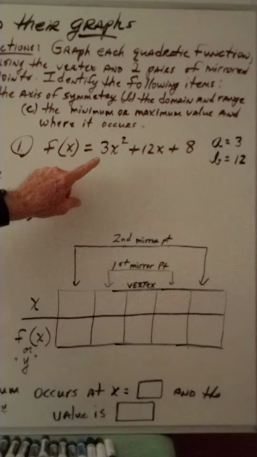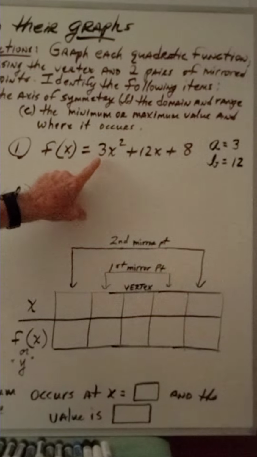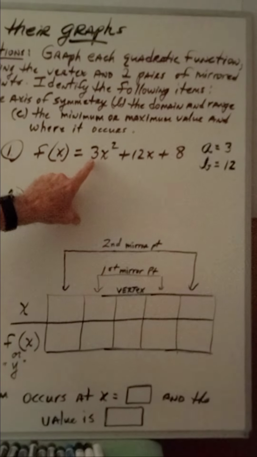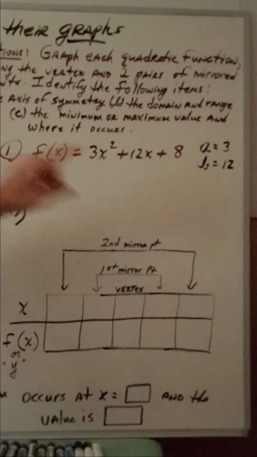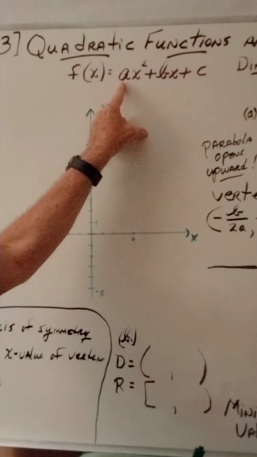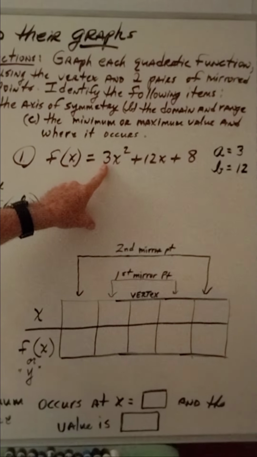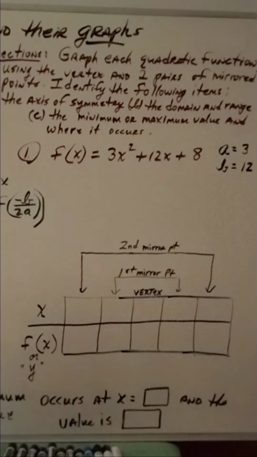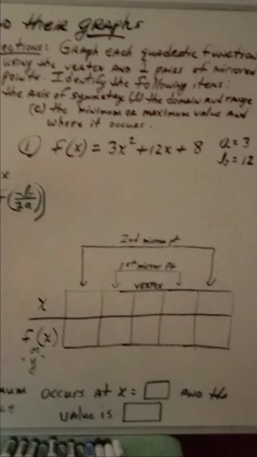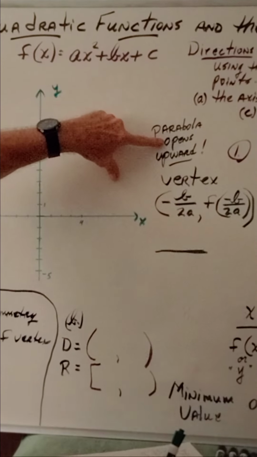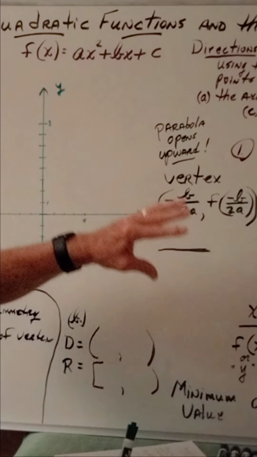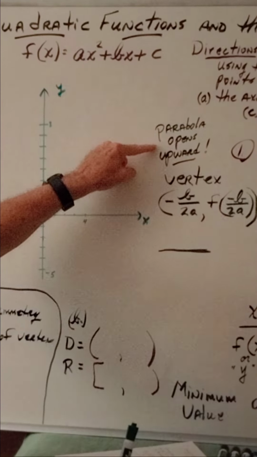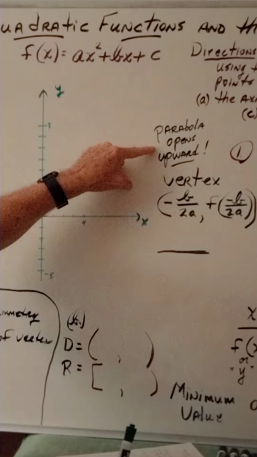And how it's going to open, like we mentioned, is hinged on the coefficient of the quadratic term, your a. A is a positive 3. If a is positive, the parabola is going to open upward. So I just want to make sure that I note that to myself. If it's going to open upward,